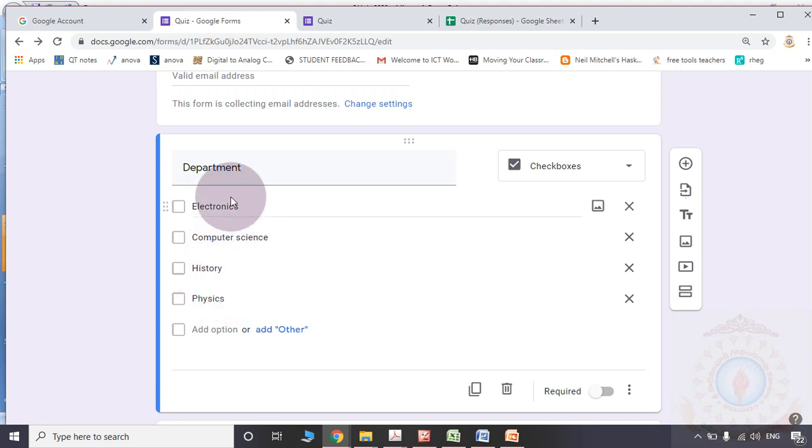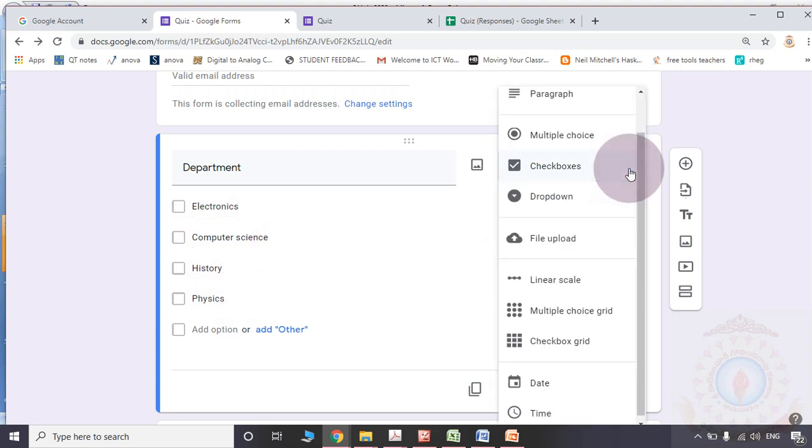You may identify from the answer whether the student is able to identify one property or 2 properties or 3 properties or like that. So in that case only we need to choose the check boxes option. If the option is check boxes, they may select more than one sub answer, and they may submit the form.